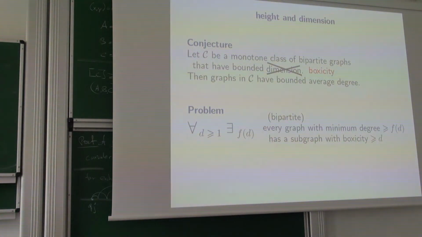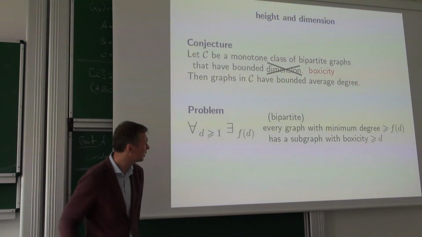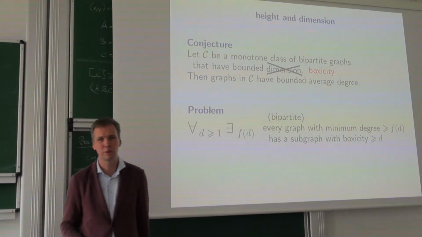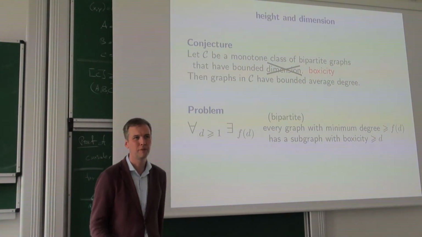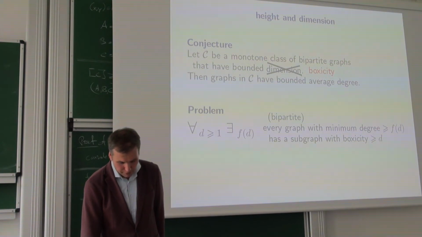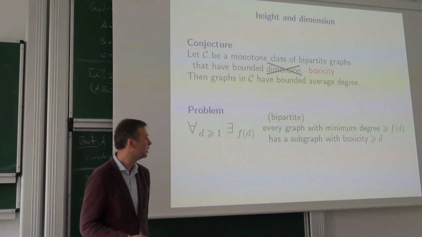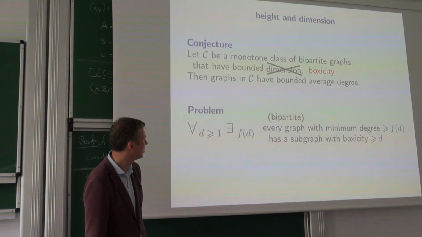So why can we get down to bipartite? Well, when you have a graph with large minimum degree, there is a bipartite subgraph with large minimum degree. That's why bipartite is the thing here. Very good. This is exciting stuff. I would really like to take it on back to my research,